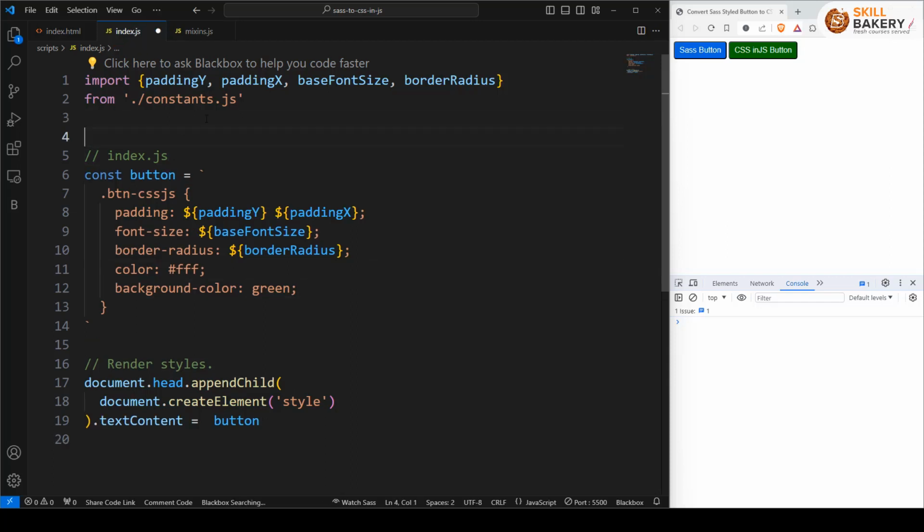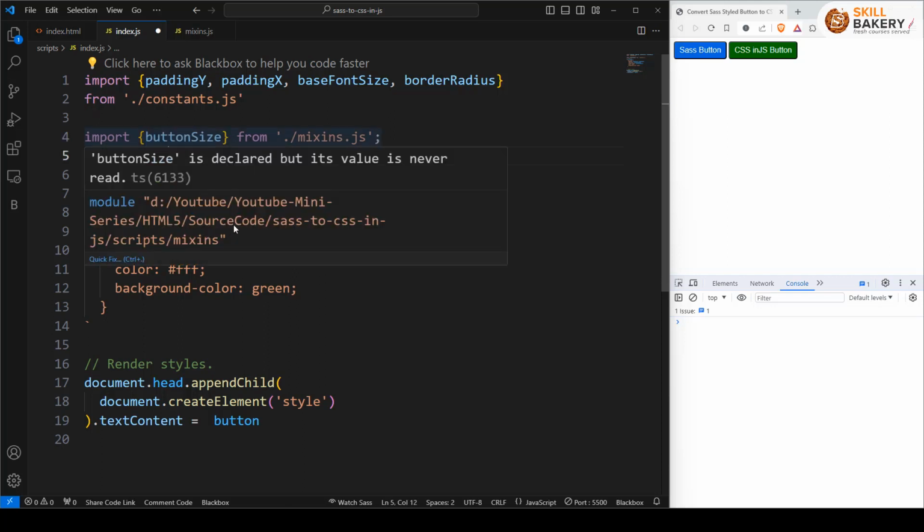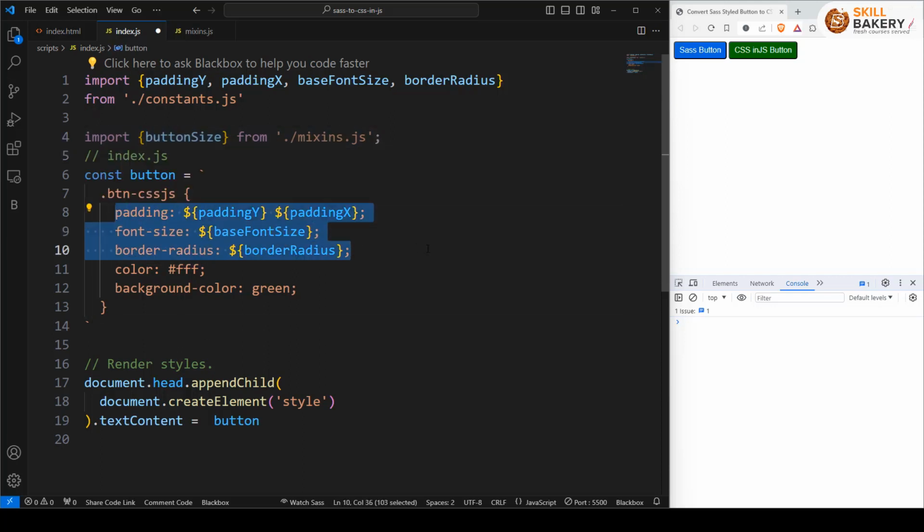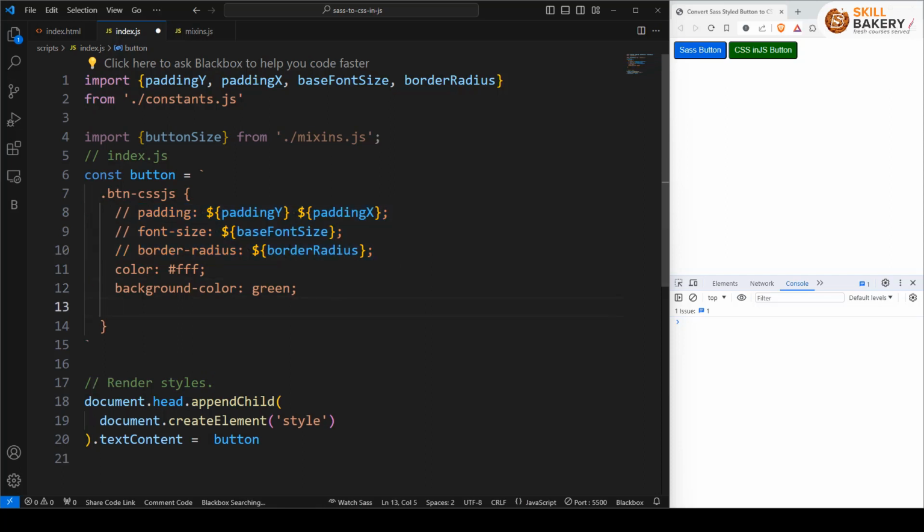Now, over here, I'll first of all be including the Mixins.js, and then I'll be removing all these three attributes from this CSS, and using the Mixins function, I'll be completing this CSS style. So here the first thing that I'm doing is I'm importing button size from this Mixins.js file, and here I'll be removing these three, and over here I can go ahead and make use of the Mixin function